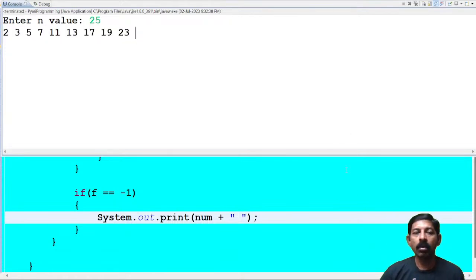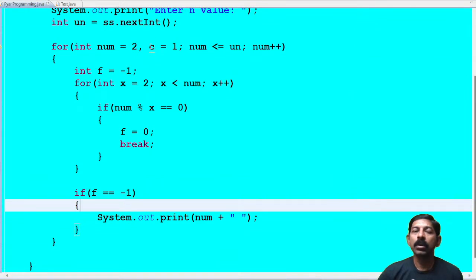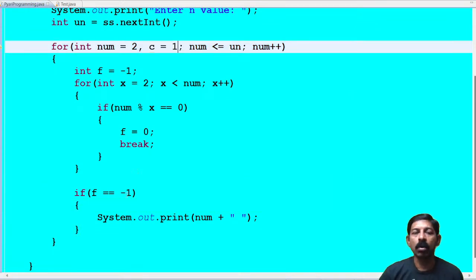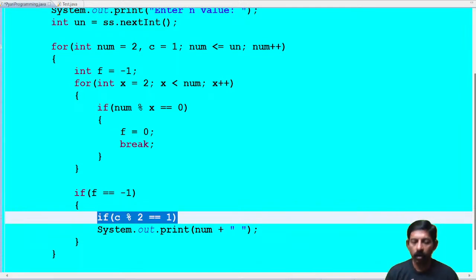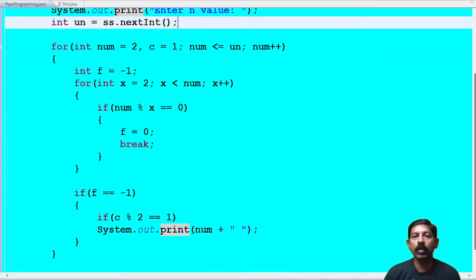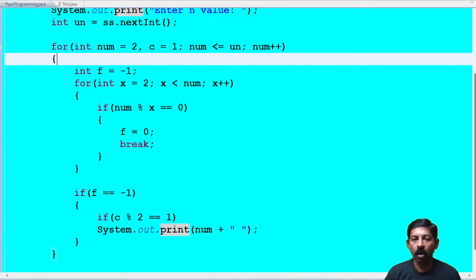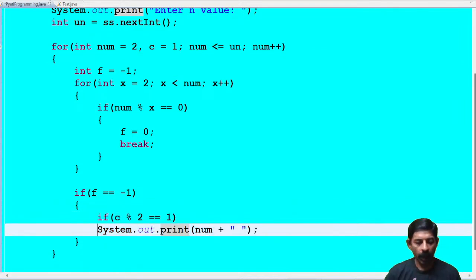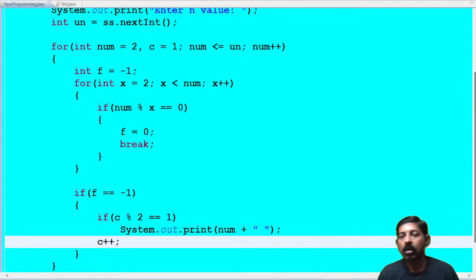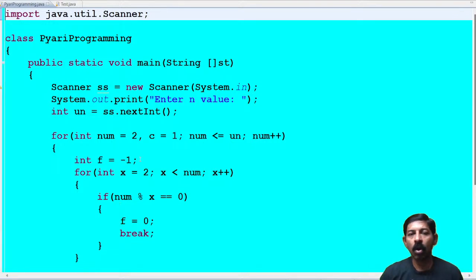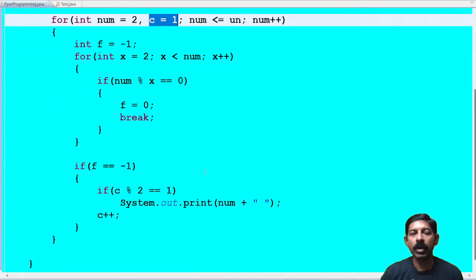Okay. Now, simply I am taking a term over here which is odd. So I am checking if C modulo 2 is equal to 1. This is a condition for odd. So that's why though initial term is odd, I'm using the odd term over here. I'm saying display it. If it is odd, then display it and make it even. उसके बाद उसको even बना दो. Understood? पहला इनिशियल वैल्यू था अपना ऑल्टरनेट पैटर्न का ऑड, इसीलिए मैं यहाँ पे चेक कर रहा हूं अगर